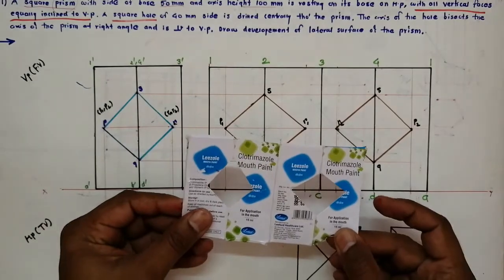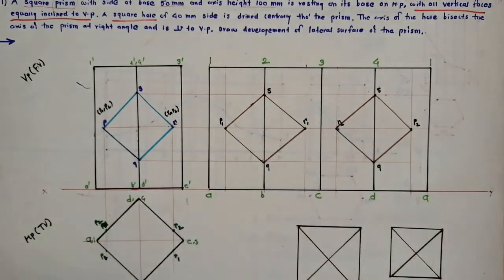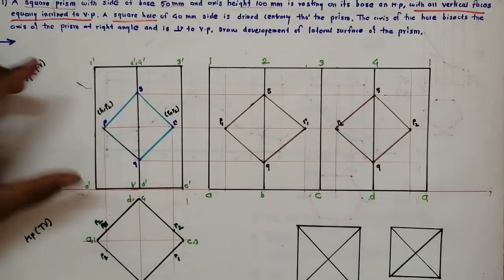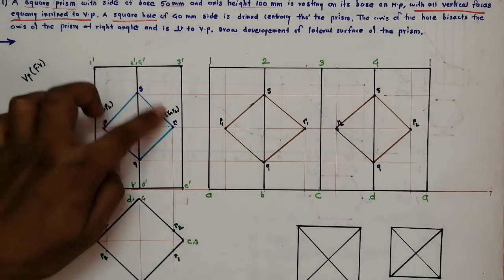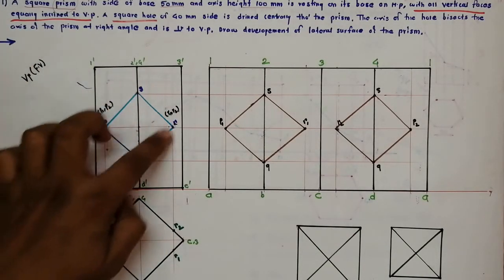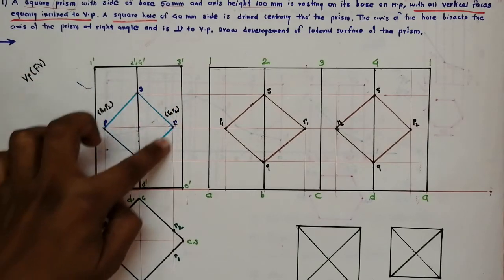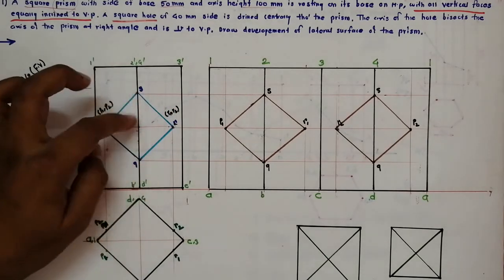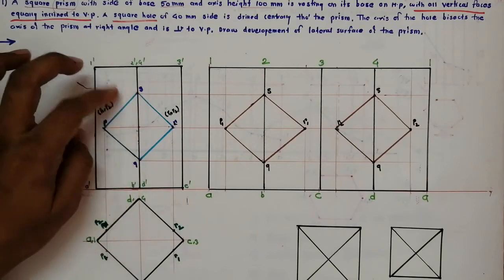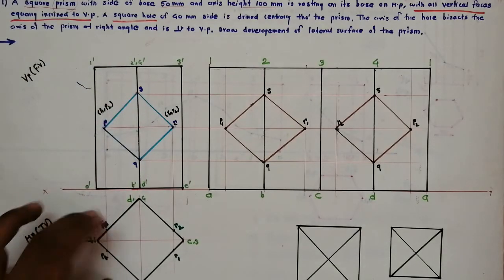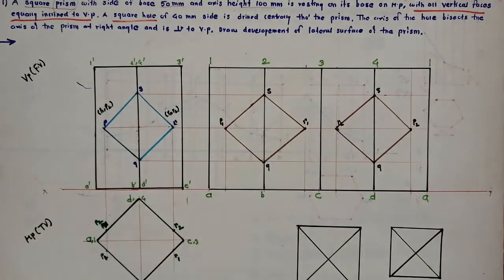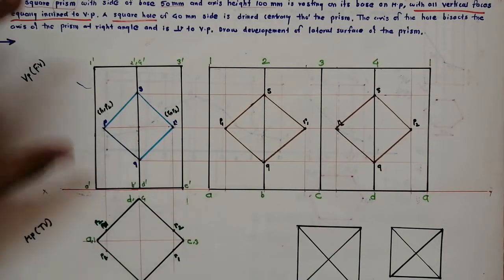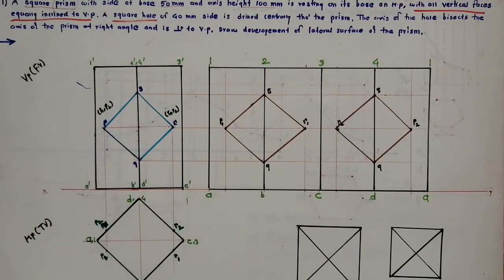Okay, so like this. This problem is very important, and in another problem, instead of the square hole there may be a circular hole. Now if a circular hole is there, then you divide that circle into 8 parts, transfer those intersections to the top view, and mark those intersections here. You will get a circle here. Okay, instead of this square you will get circles. Now the intersecting point is very important.